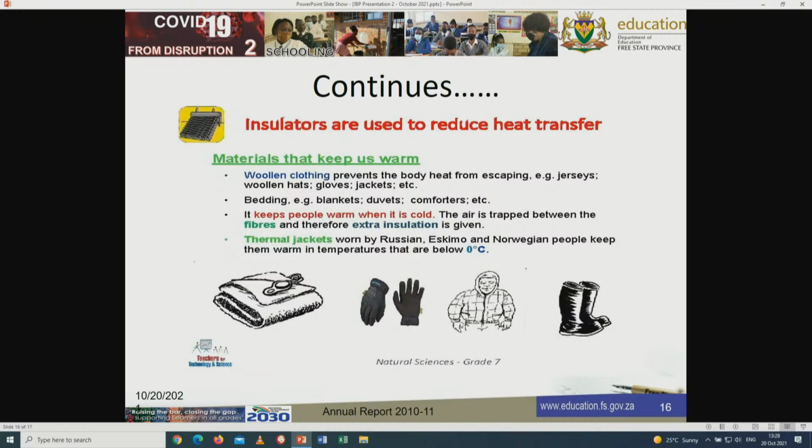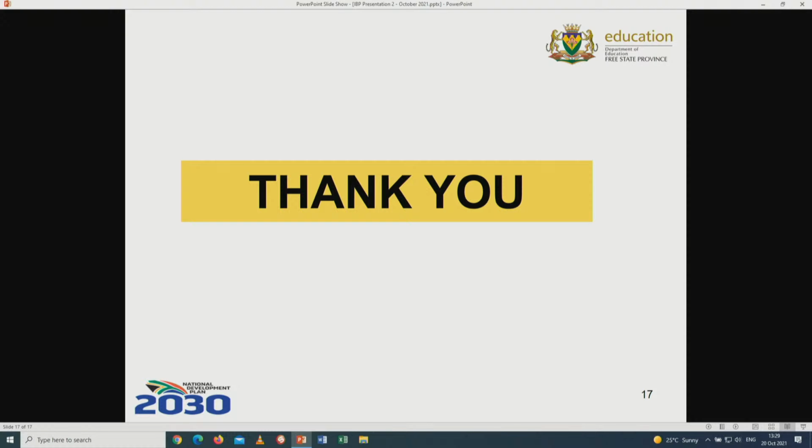Thermal jacket, worn more especially by people who are living in places that got ice, such as Russia, Eskimos. People keep warm in temperatures that are below 0 degrees because they are wearing clothes that are made out of good insulators. At the end, it is very much important